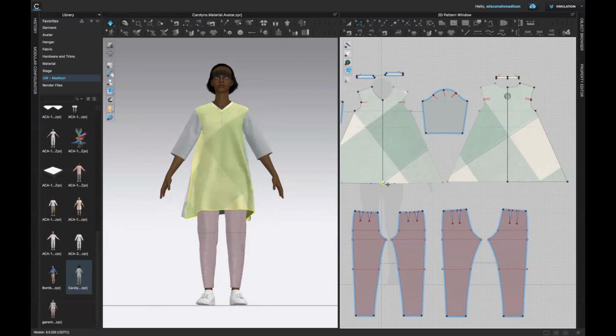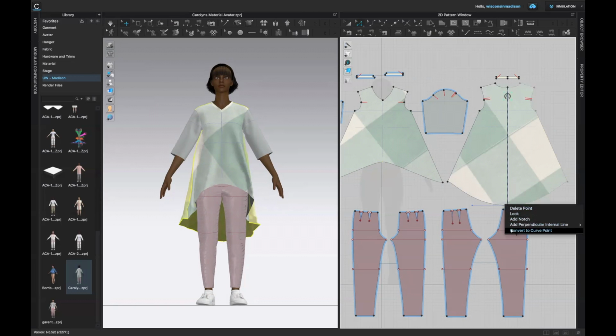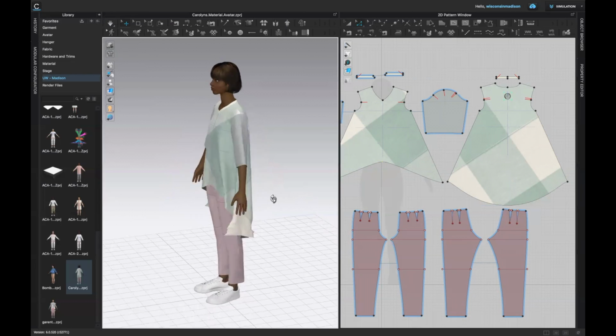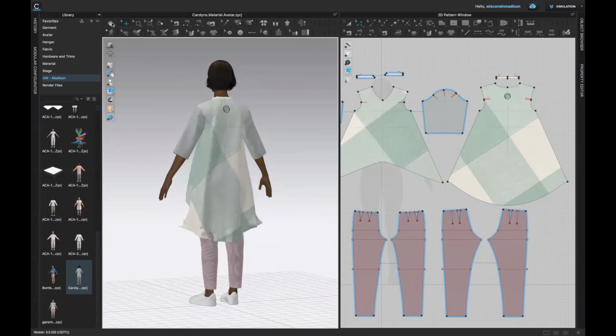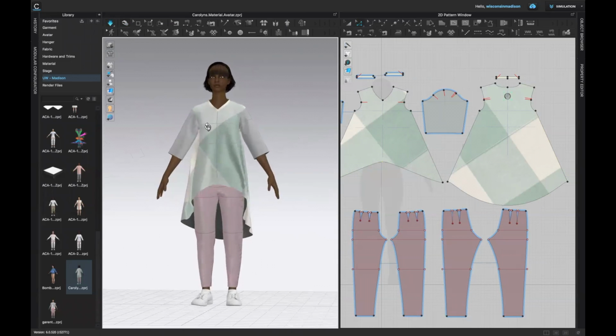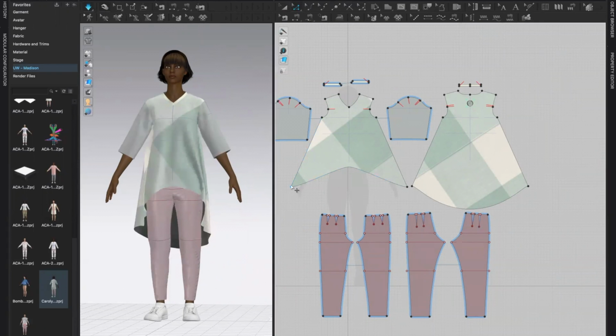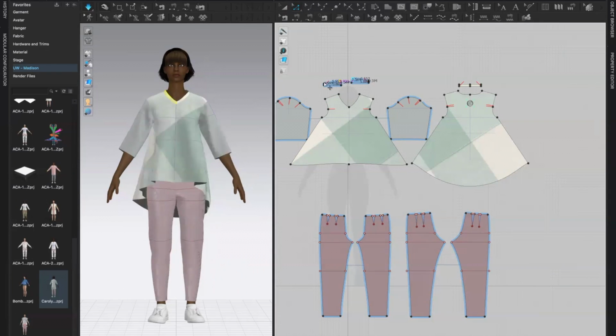So I thought it might be interesting to mess around with the bottom hem, maybe give it a little bit of a curve. Maybe mess with the length a little bit, just to try out some different options. And if I find something I like, I can just take a screenshot of it so I can always come back to it. Try it out straighter. And then I'm going to play with the collar a bit to just stretch that up,